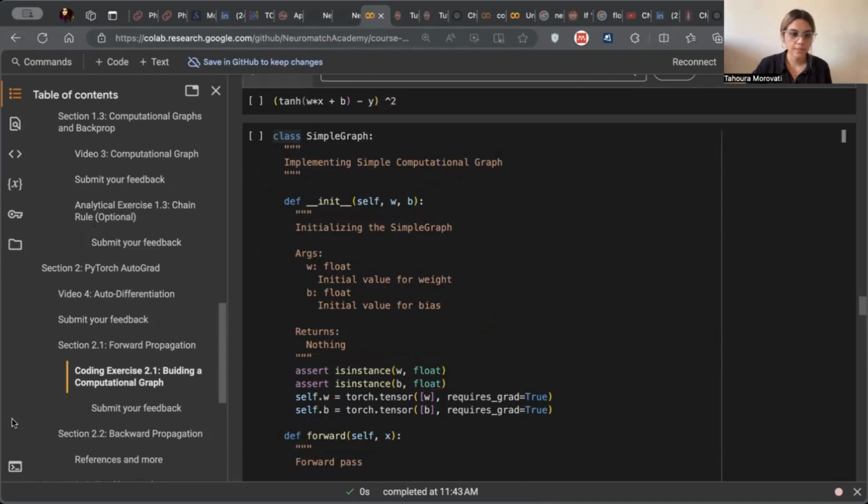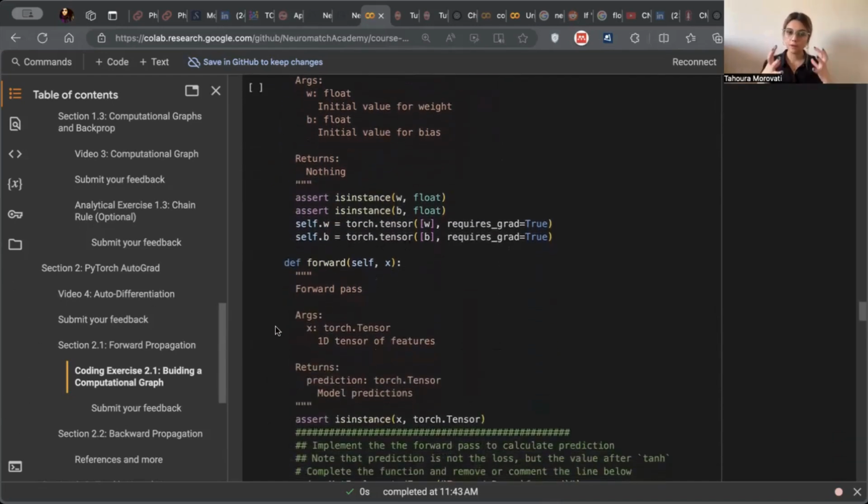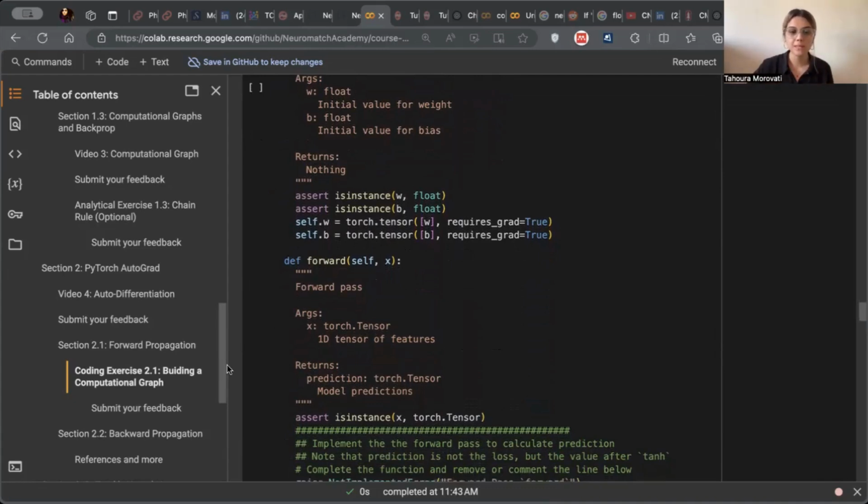So let's erase them all and go forward. We have a forward method here, where we define the forward pass of the AutoGrad, or the class that we are trying to implement. And again, we are